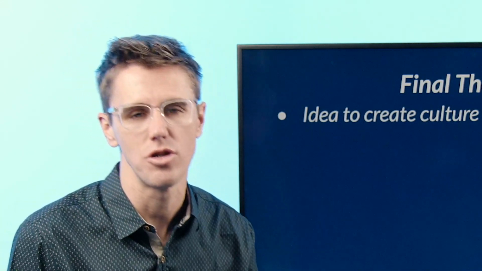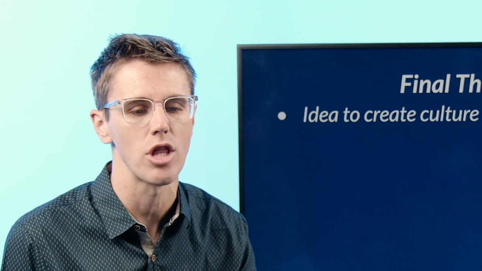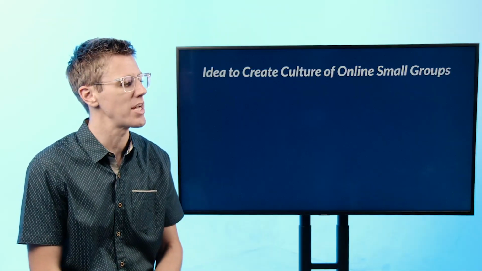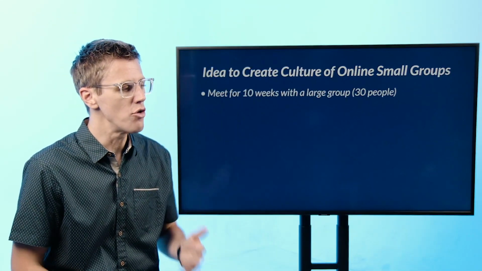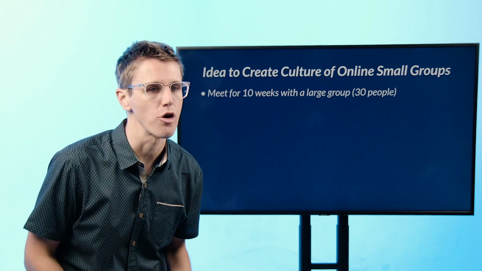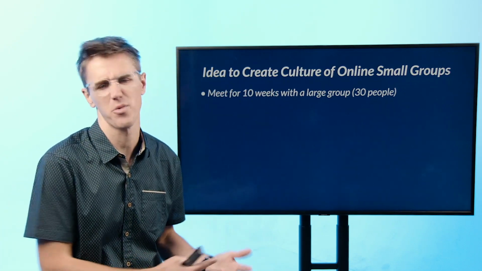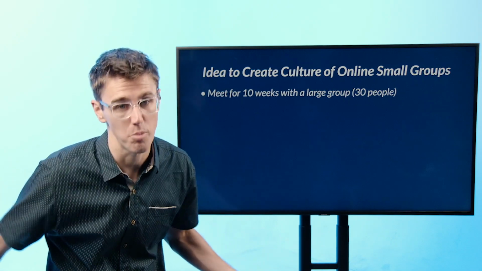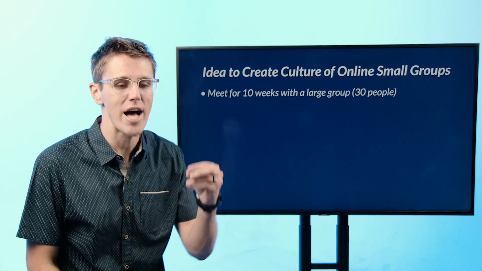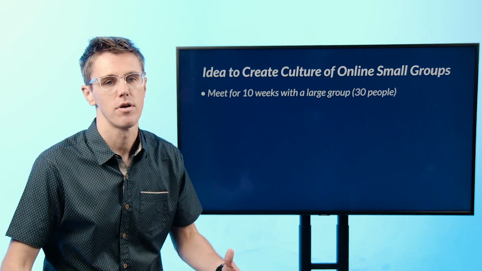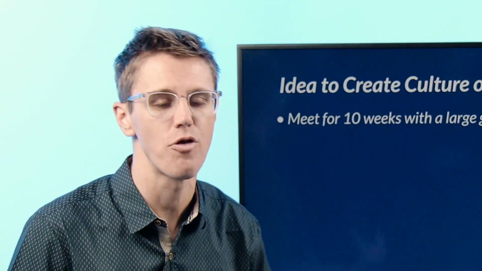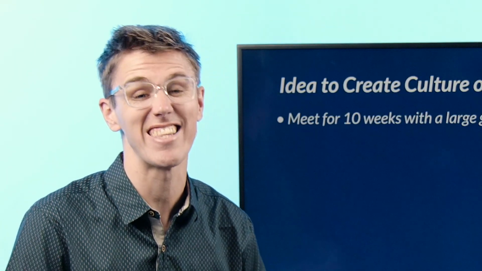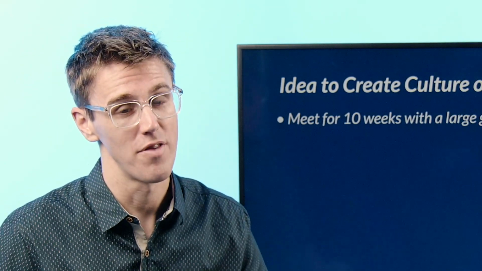This is one idea you could do if you want to bring an online small group vision to your campus, to your church, to your ministry. Here's one idea: for 10 weeks you have a large small group. Typically small groups are from 3 to 12 people, but for this group, you might have 30 to 50 to 100 people. And the idea is that you as the leader do it yourself. You are trying to prove the model by launching this. At the end of the 10 weeks, you're going to encourage them to do it individually. You're showing them the actual paradigm.